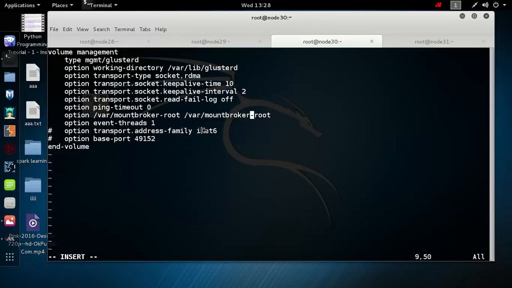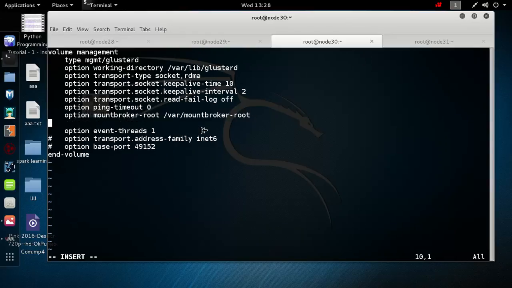So these lines are: option mountbroker-root /var/mountbroker-root, and the next line is